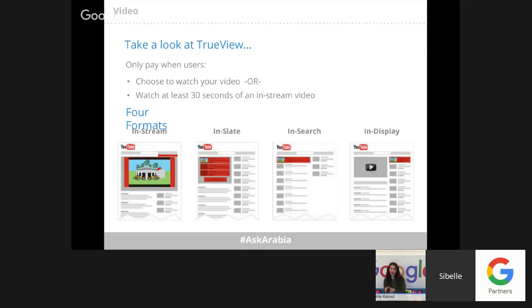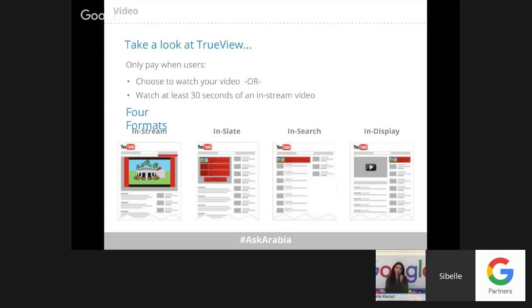What's interesting also, using video ads, you can actually have... So the difference here between a display video ad and a TrueView video ad is that in the display video ad, you're targeting your videos to appear on different websites.